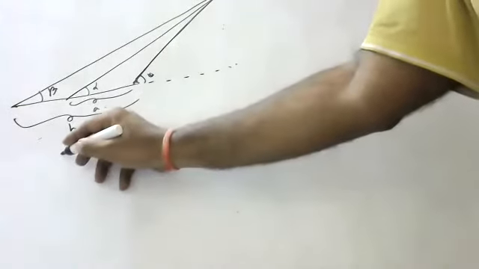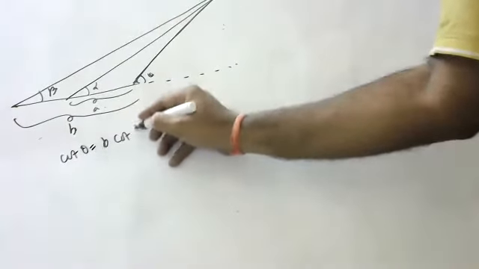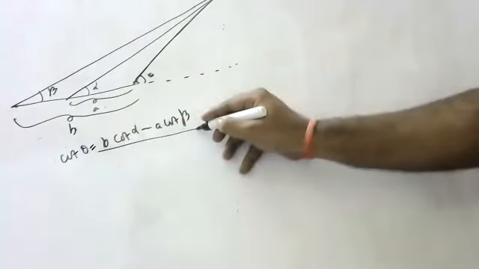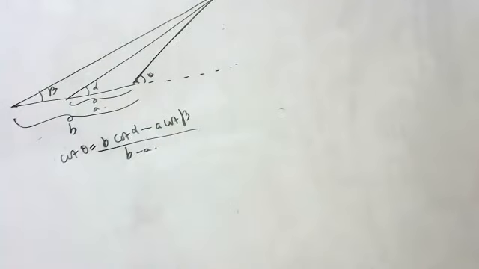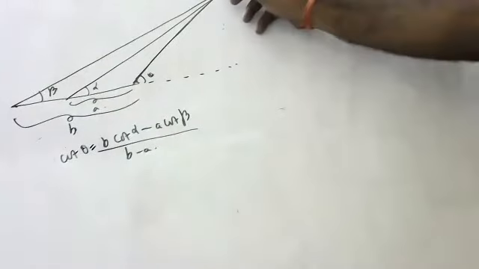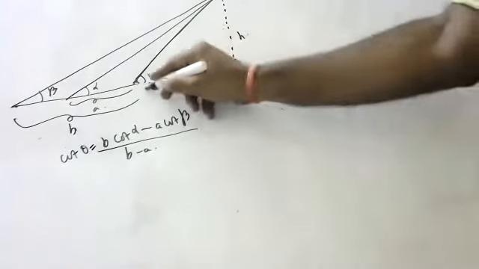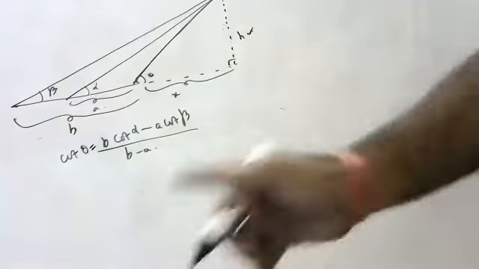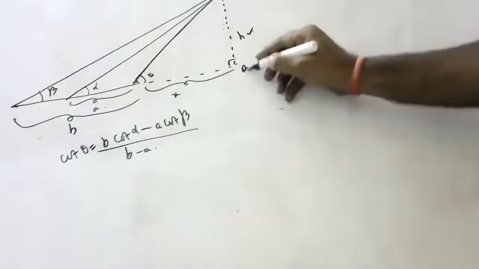Prove that the inclination theta is such that cot theta is equal to (B cot alpha minus A cot beta) by B. This is the question, children, we have to do. So let me take this as some H and this as some X. Whatever I am taking, H and X, should not be in the final equation.